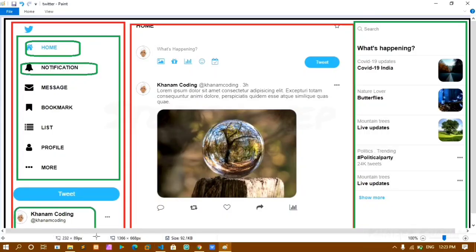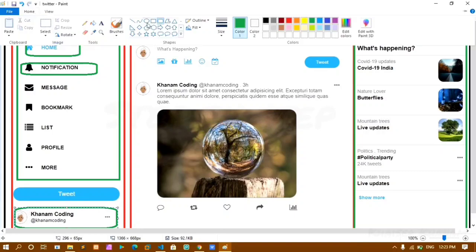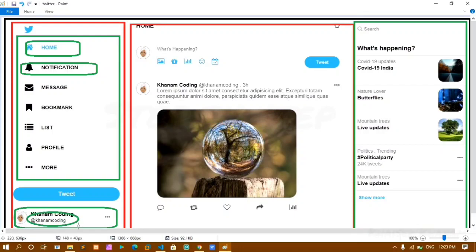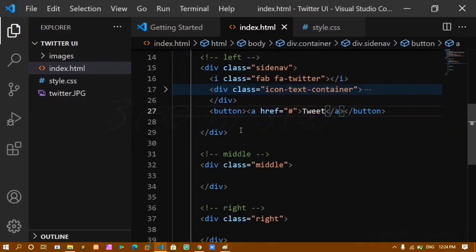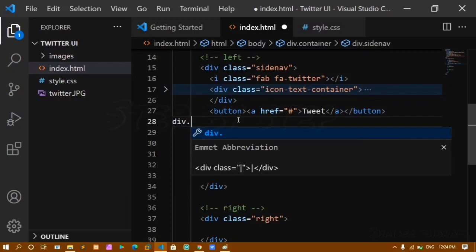Now you can see this is one div container. Inside this div I have this image, this text and this paragraph. So this will be another div, and in this entire div I have this image, and below this image I'll be having this div, and inside this div I have this heading and paragraph, and in the outside div I have this icon. Okay, I will just tell you. Below this button I have this div container, and for that div container I will be giving the class name as